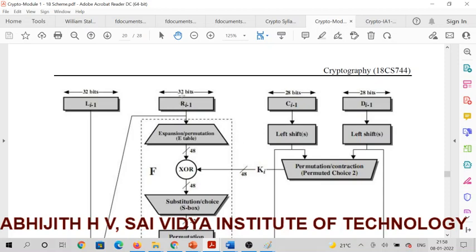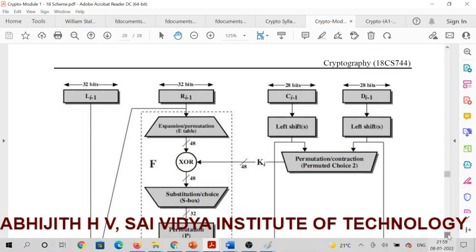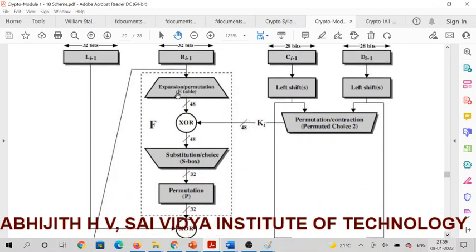Now the 48-bit key is generated, and the 32-bit data at the right part will be given to the F function. Inside the F function, the first operation is expanding the 32-bit data into 48-bit data. There is a table called the expansion table.